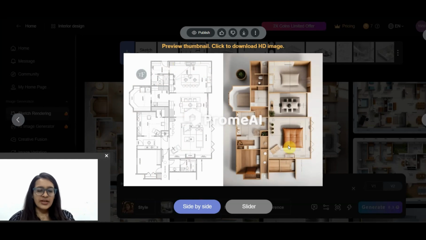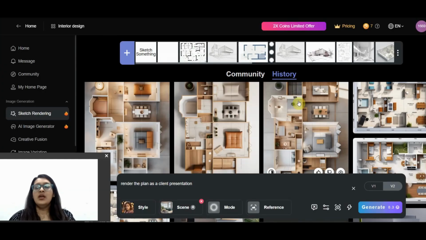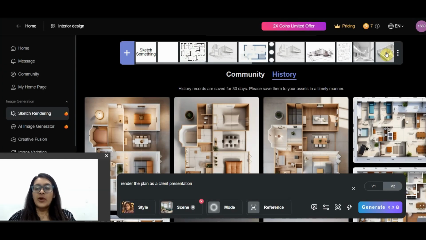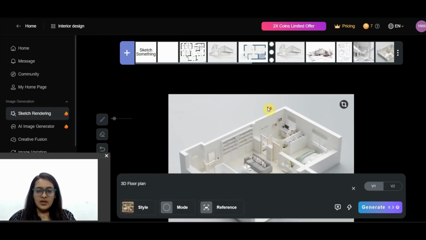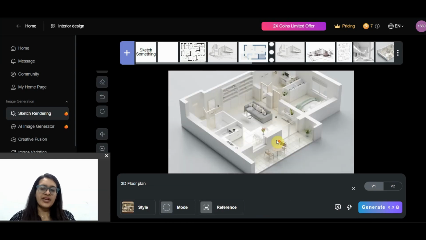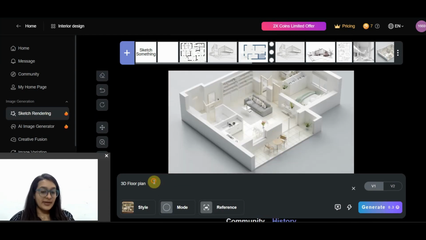So it doesn't do a great job when I give it styles, but it does a great job when I just give it a plan to render. So in terms of styling, in terms of giving it a particular style like modernism or Japanese, it's not doing a very great job. All right. So I do have a SketchUp model in place. Let's see how it can transform this SketchUp model into a better render.